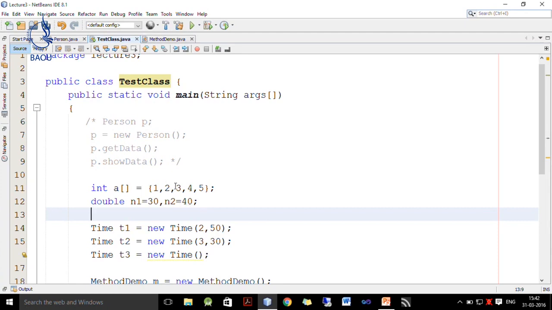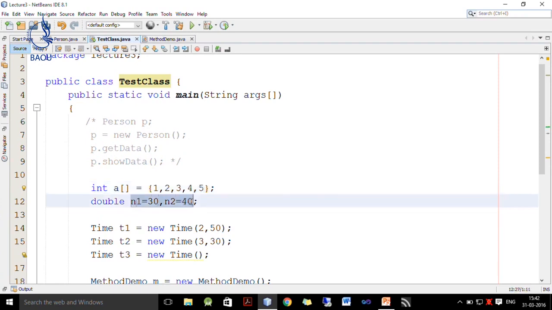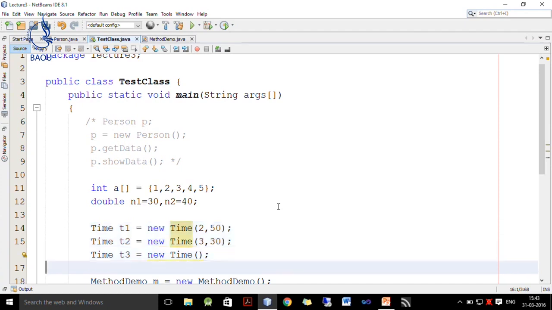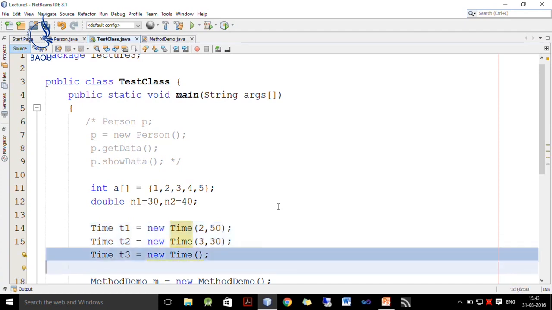So, the array is initialized to 1, 2, 3, 4, 5. So, the sum is 15. We have two double type variables, 30 and 40, and we want to find the maximum, which is 40. We have two times which represent 2:50 and 3:30, and we want to find time T3, which is the sum